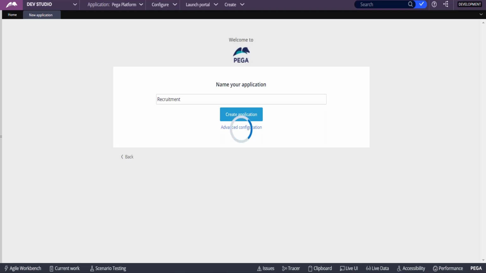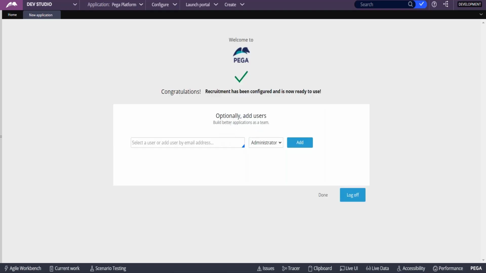Now, once the application is created, we will try to define two case types. Case type as in some transactions that might be there on the recruitment application, onboarding or something like that. So what transactions do you think we may have under recruitment? You can say a manager posts a vacancy,